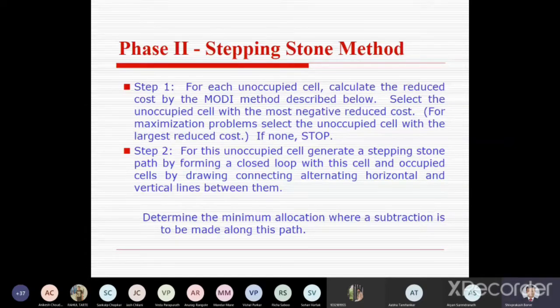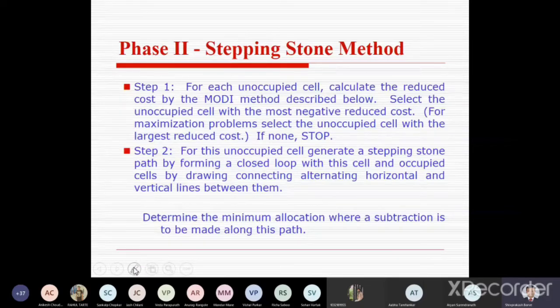In the stepping stone method, there are various steps. Stepping stone, the name itself means throwing the stone. Stone means here we are considering allocations. Allocations in number of units we are shifting in a group, and that group is called an allocation. If we are able to rearrange those units by using these optimization methods, we check whether it is possible to minimize this transportation cost or not.